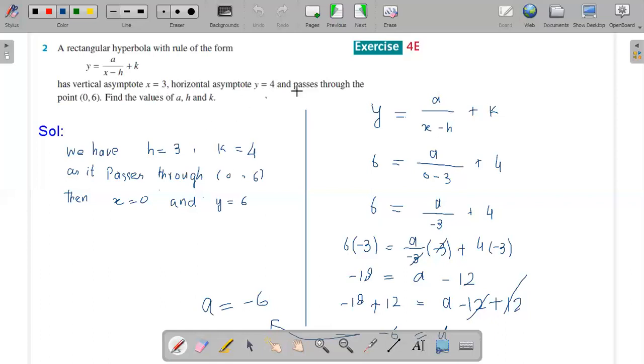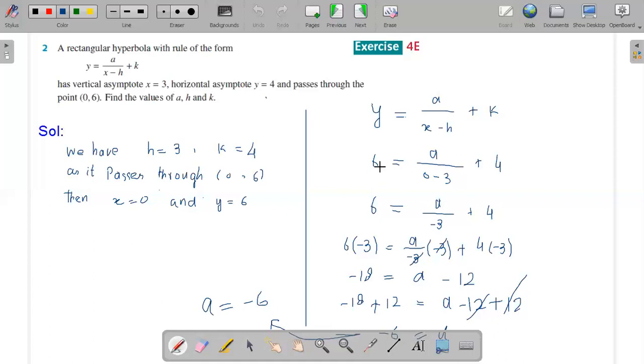And again, this hyperbola passes through this point. So this is the x coordinate and y coordinate. As it passes through 0, 6, we have x 0 and y 6, these two values. And from now we have to find this. We can directly take the value of h as 3 and the value of k as 4. These two values we already have from the question, and we now just have to find the value of the third constant, that is a. So we will put all these points in the given equation, y is equal to a over x minus h plus k,